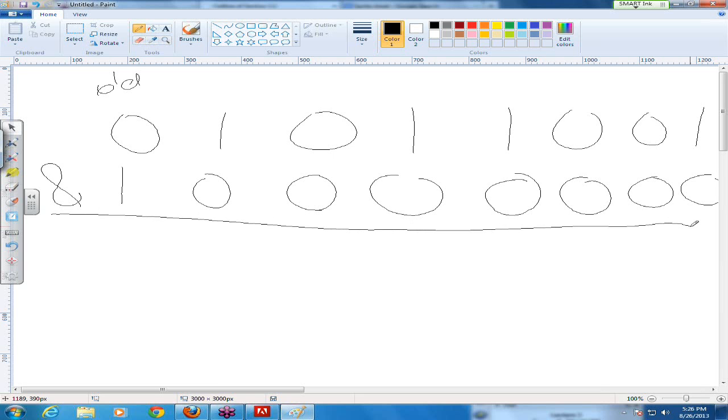I AND it, and the bitwise AND works very similar to how a normal double AND works, right? This and this. What does that give me? 0, 0, 0, 0, 0, 0. See, these zeros are really efficient. And then